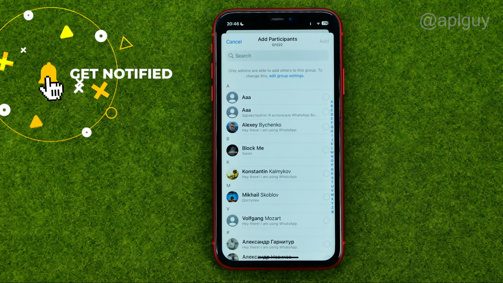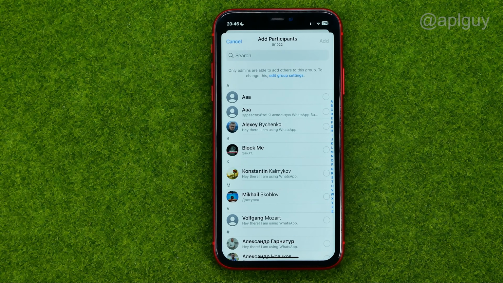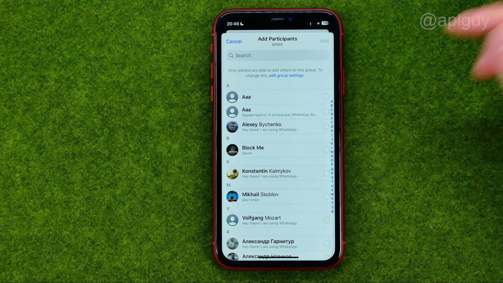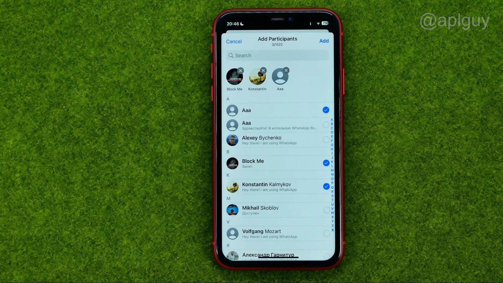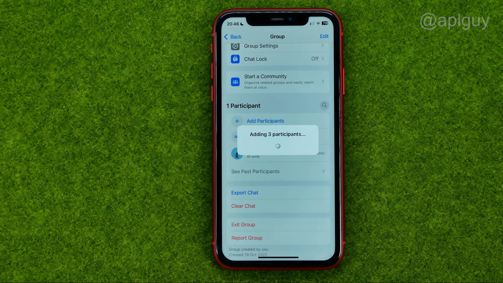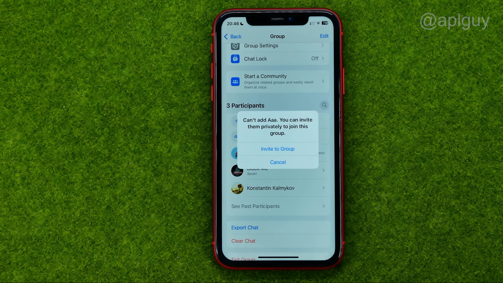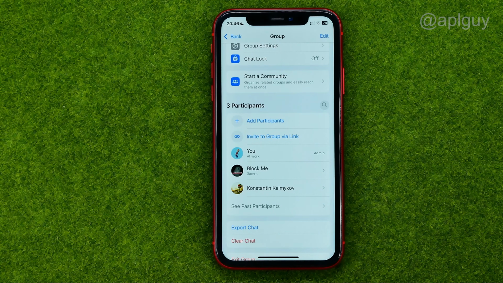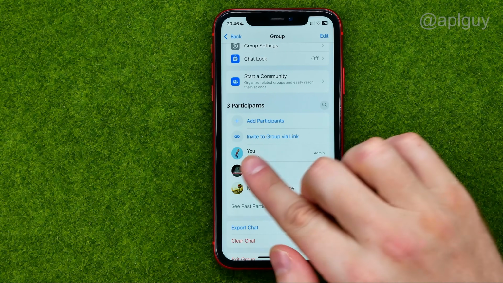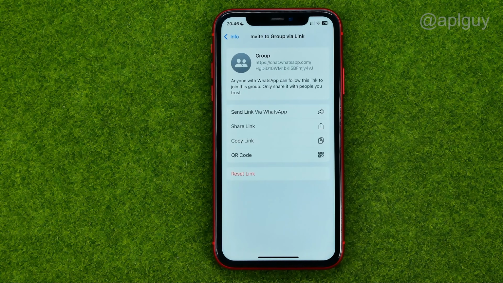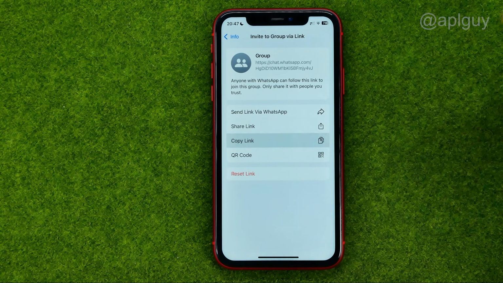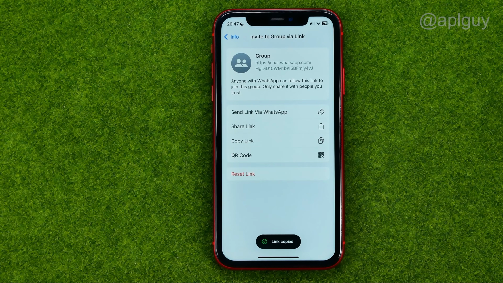Right here you can tap at add participants, and then you will be able to add your contacts in that group, just like that. However, if you don't want to save someone's phone number to your contacts, you can tap at invite to group via link, just like that. That's where we can copy our link to the clipboard, and then we can share it on any social media